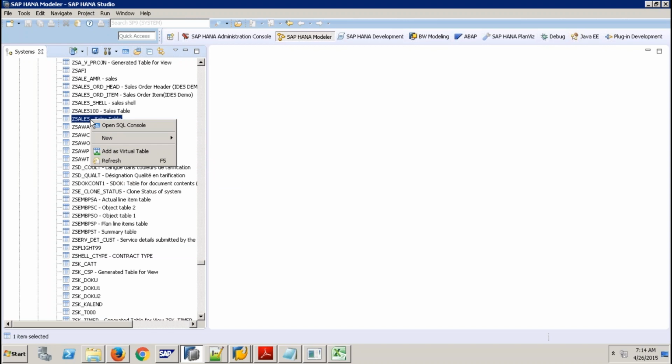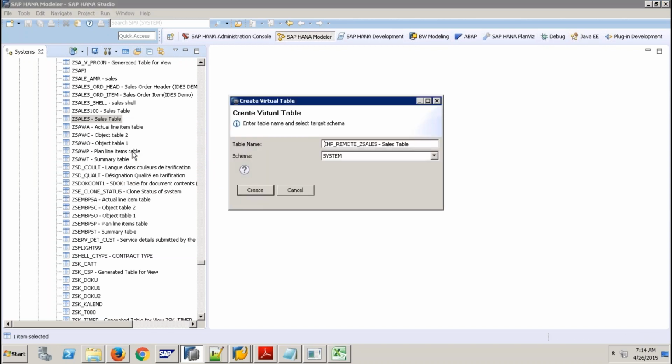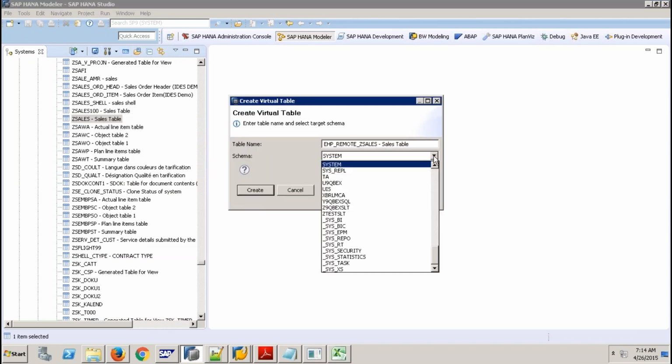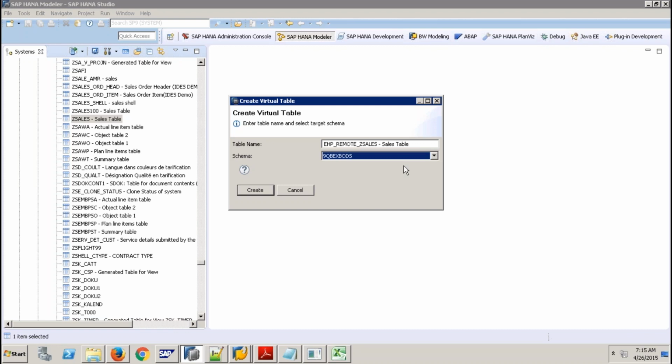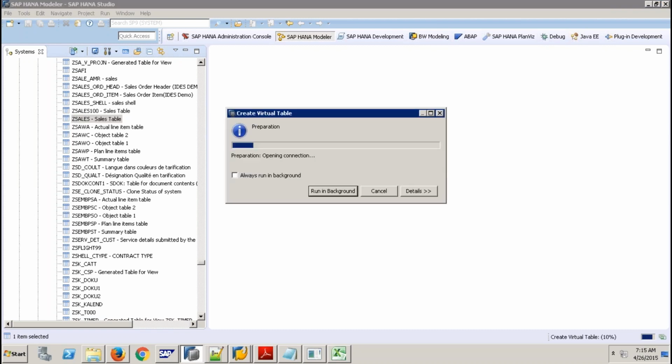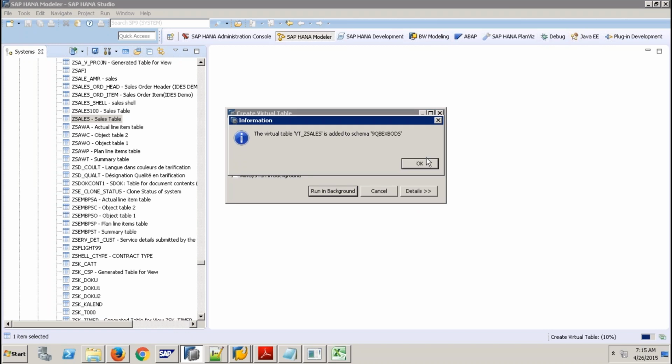When I right click on this table, you should get this option as add as virtual tables. Now just take some schema, 9 cubics BODs, I'll take this. I want the name of the table as, let's say, VT Z sales. Great. So it creates this virtual table